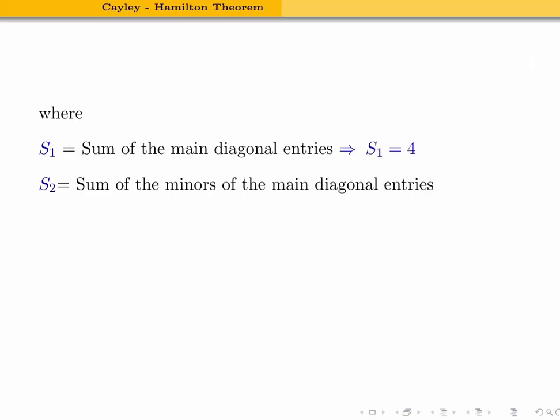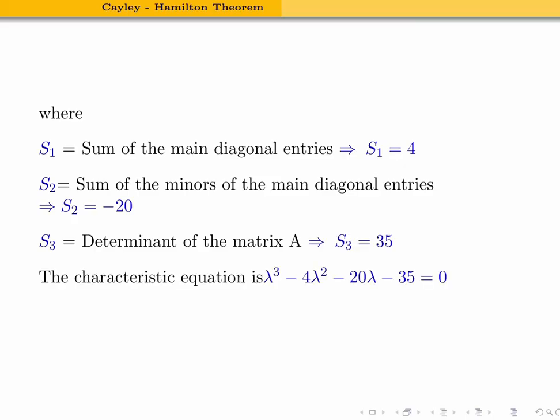Then s2 is the sum of the minors of the main diagonal entries. We calculate it and get s2 equal to minus 20. Then s3 is the determinant of matrix A. Finding the determinant of the matrix A, we get 35. Therefore s3 is equal to 35. Replace s1, s2, s3 in the general form. We get the characteristic equation: lambda cube minus 4 lambda square minus 20 lambda minus 35 equal